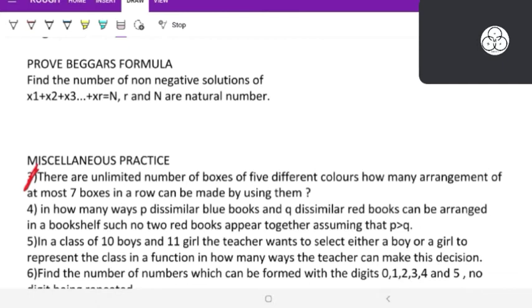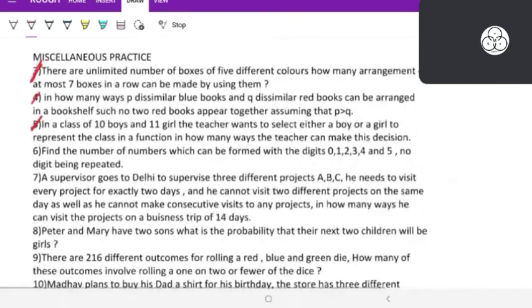Just try to solve, those who haven't solved. Question number 3, 4, 5 also, 7,